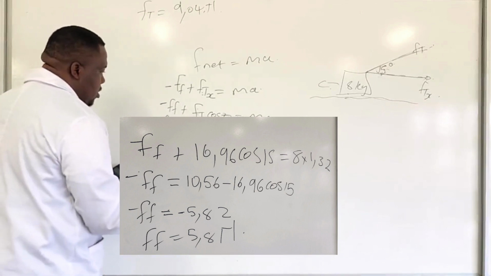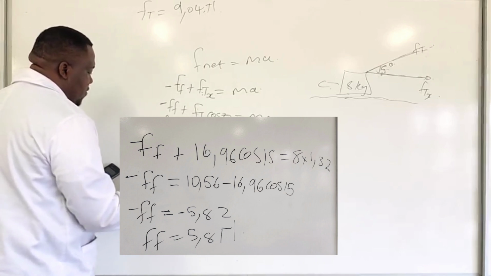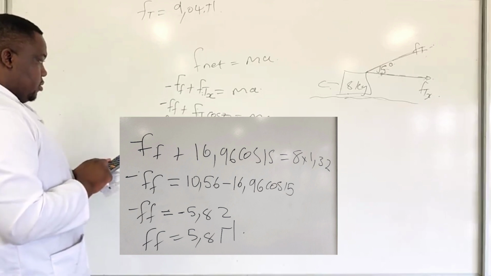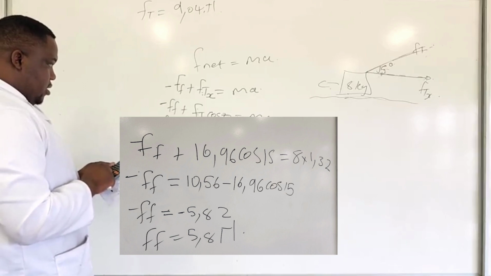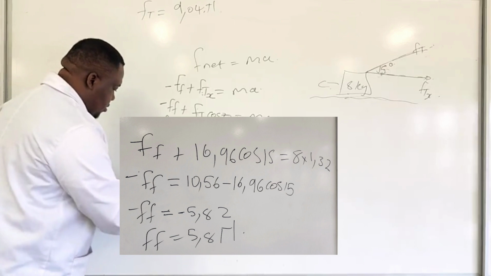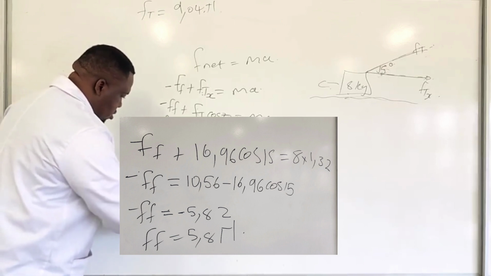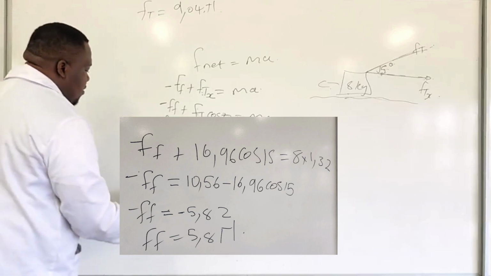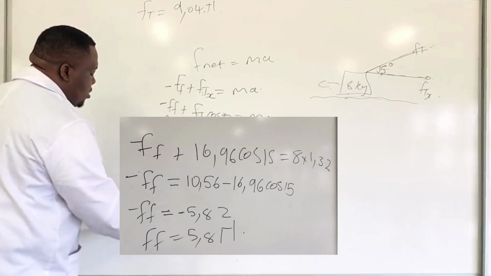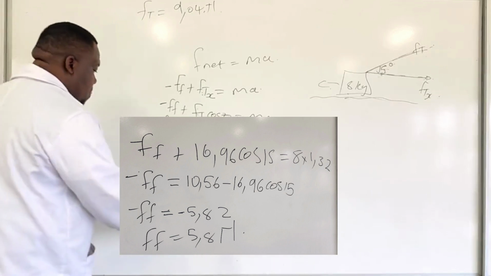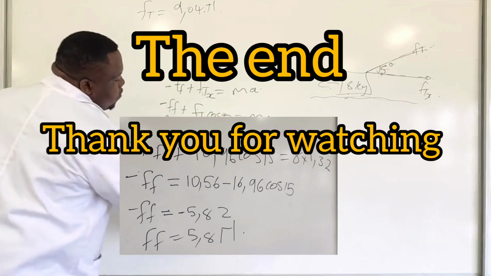Meaning that the frictional force is going to be 10.56 minus 8.73, which will give us 1.83. Meaning that frictional force is equal to 1.83 newtons to the left. So that is